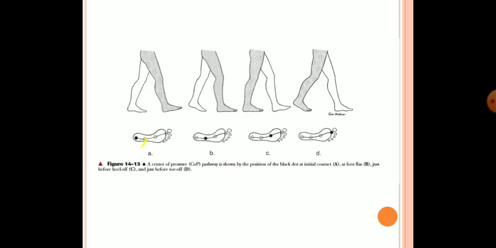So at the beginning, what happens? It's the heel strike phase, which means we are touching the ground with our heel. So the maximum pressure, or the center of pressure, during heel strike is in our heel, because the heel is the part in contact with the ground. So the heel has the center of pressure, and as the gait progresses, the center of pressure moves along with it.